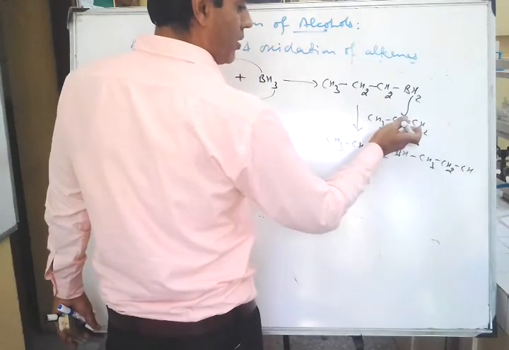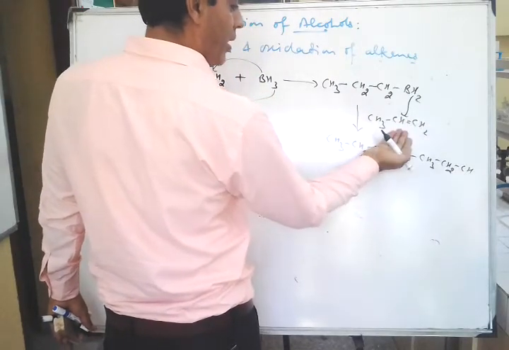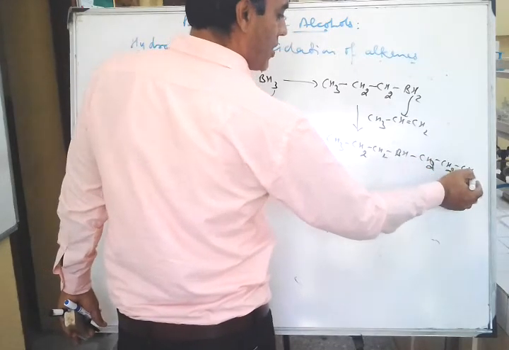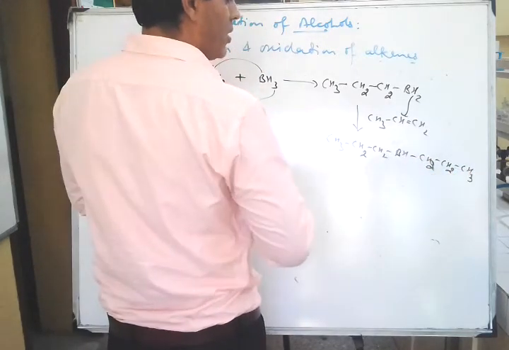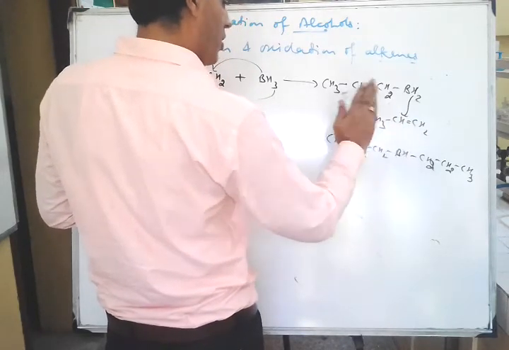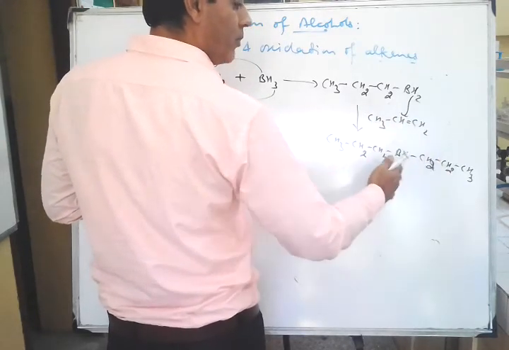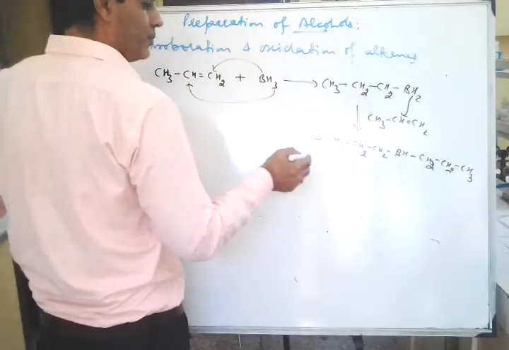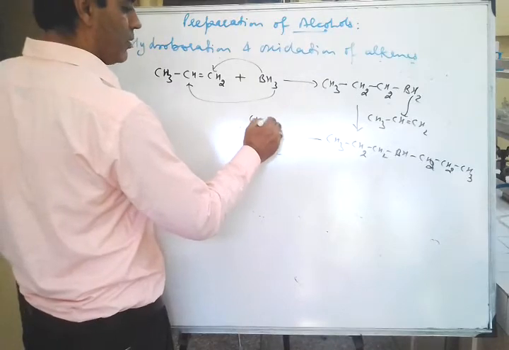Actually, add this molecule by inverting it like this. So this will be CH2, and this will be CH3, right? This will be CH2, that is, here will be CH2, CH2, CH3. So invert this molecule and then bond it with BH, right? And in the next case, again take alkene.